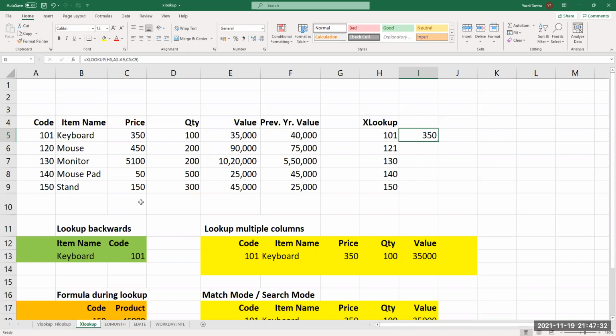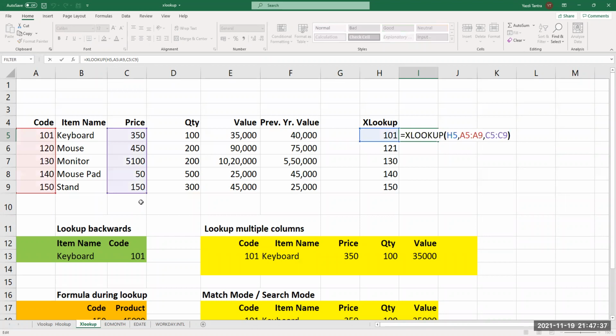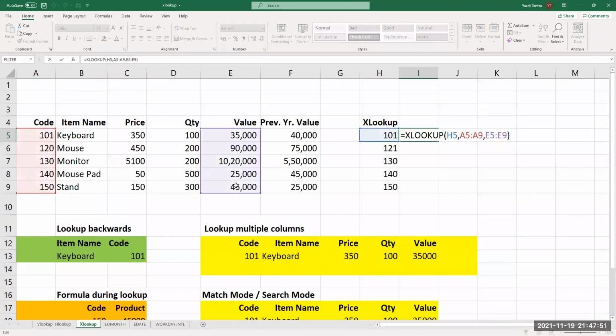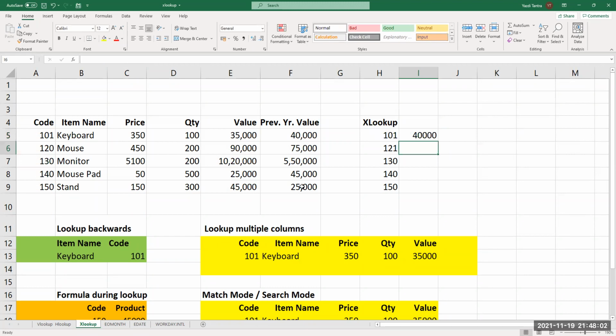So for example, again, I will just go back to this, and instead of C5 to C9, if I say I want the value, I can select this and I get the value. If I say previous year value, instead of E5 to E9, I can say F5 to F9, and it will give me previous year's value.